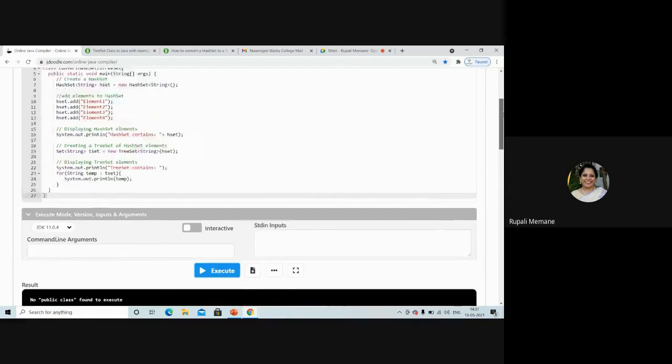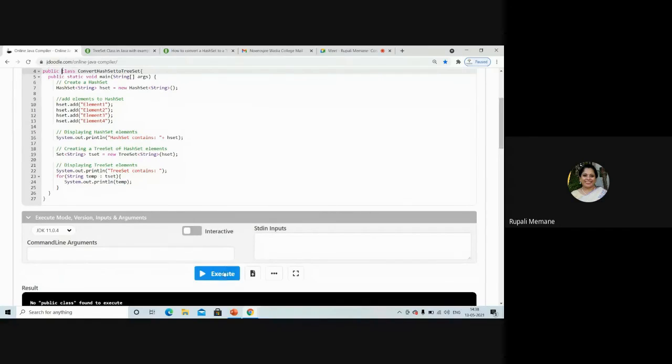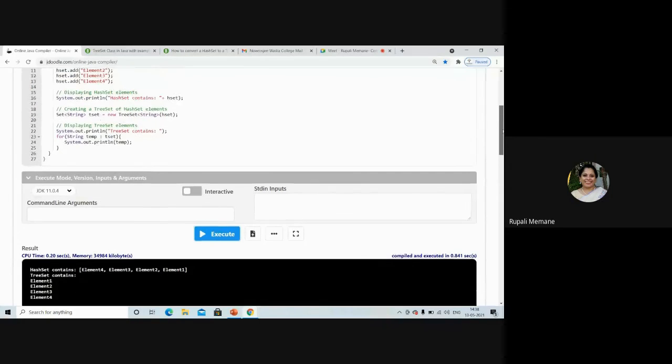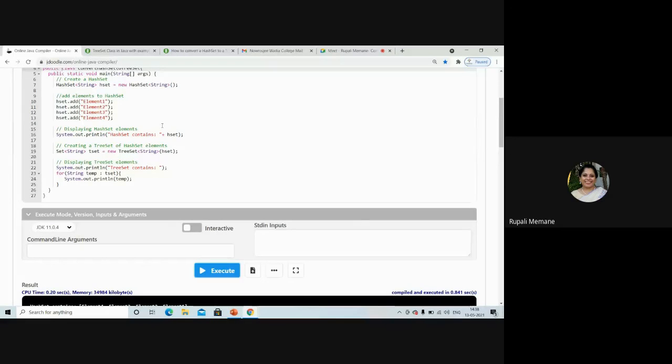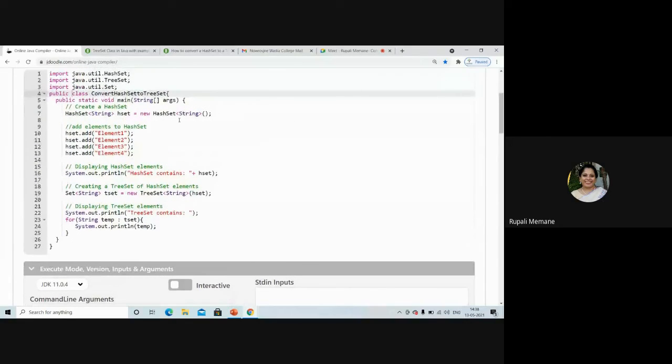Now look at the elements here. In the hash set, we inserted the elements as element 1, 2, 3 and 4 in a sequence.